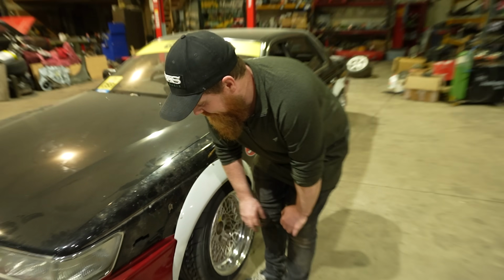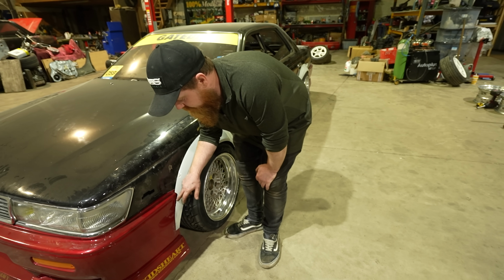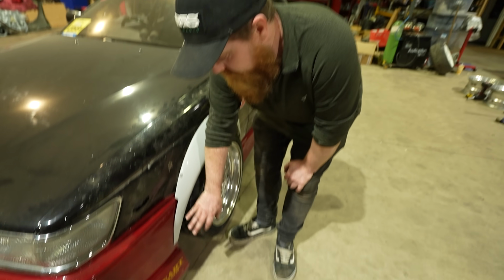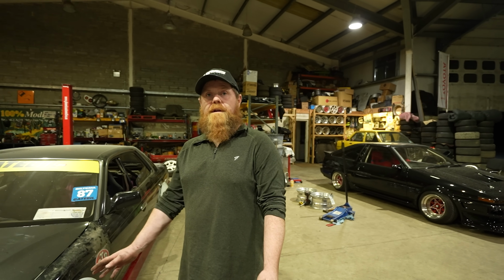Anyway, so the plan with this is I'm just going to leave this floating. So I can take the bumper off and leave these here. I'm going to put proper Rocket Bunny trim here and stuff, and it'll save the paintwork hopefully. I scratched everything to shit, but it doesn't matter. The plan now that everything kind of fits is I'm going to get the full kit